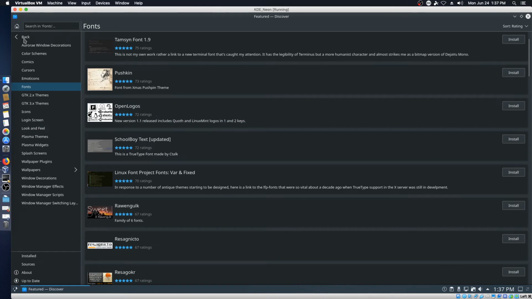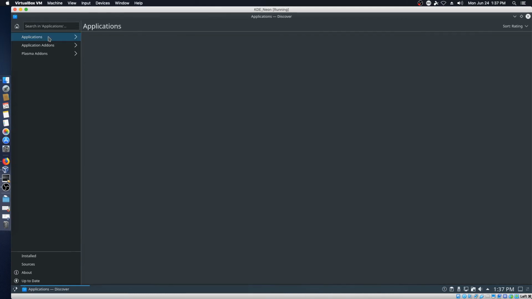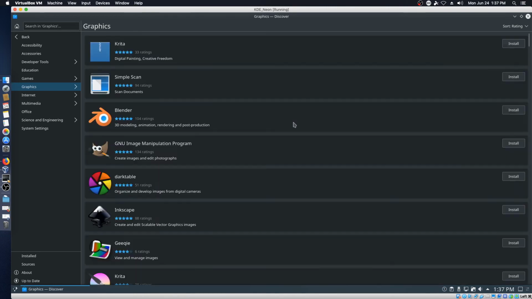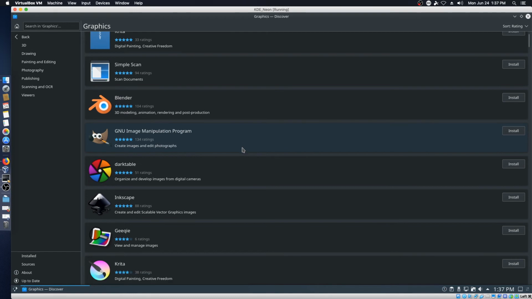So we'll jump back here and we'll look at applications. Let's do graphics just for the sake of argument. And Krita is a KDE-centric painting app. Of course, there's GIMP, Darktable,